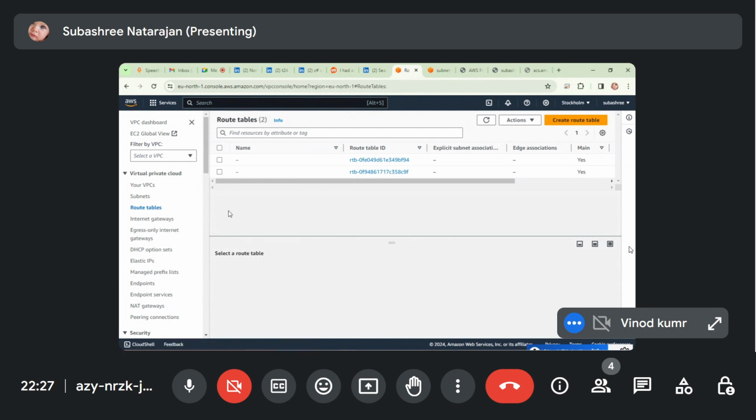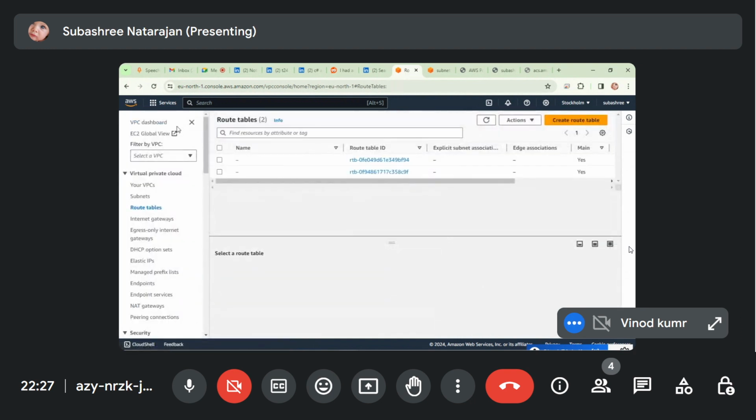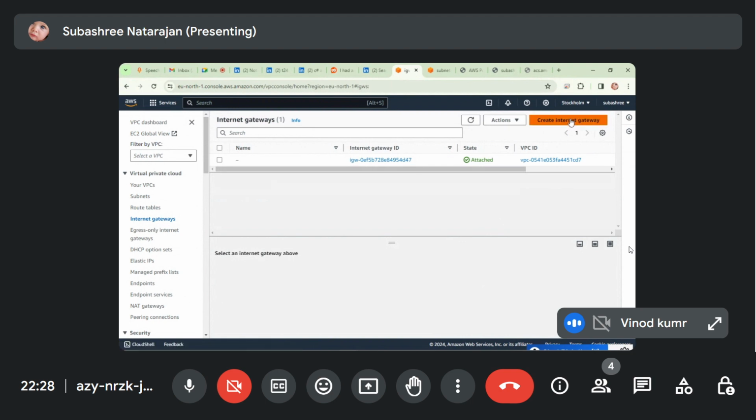Yes, so here create a route table. No, no, first before that, we have to create, I think, an IGW. We need to go first and create an IGW. You can go down to internet gateways, down only, there only. No, no, on your left side. Down. Yes, internet gateways. And here create internet gateway